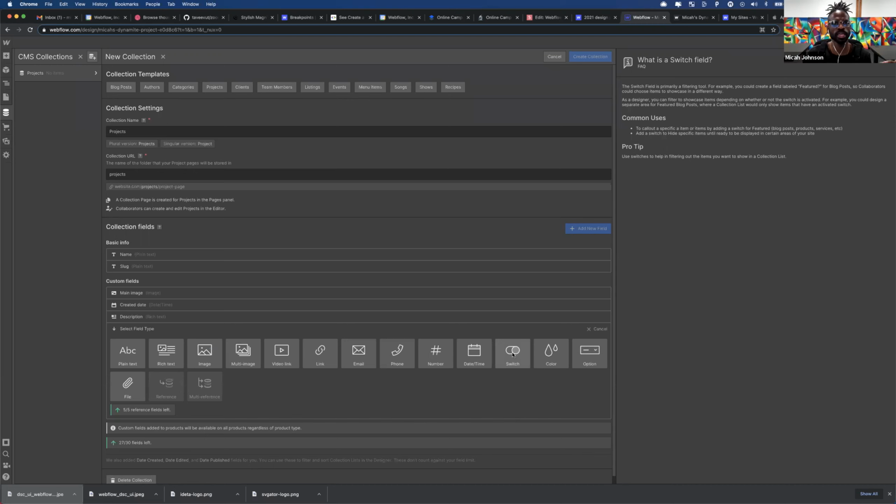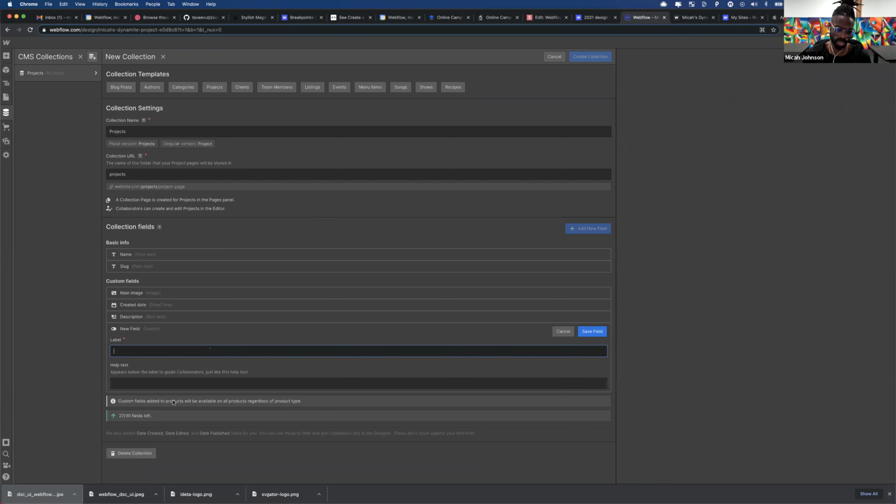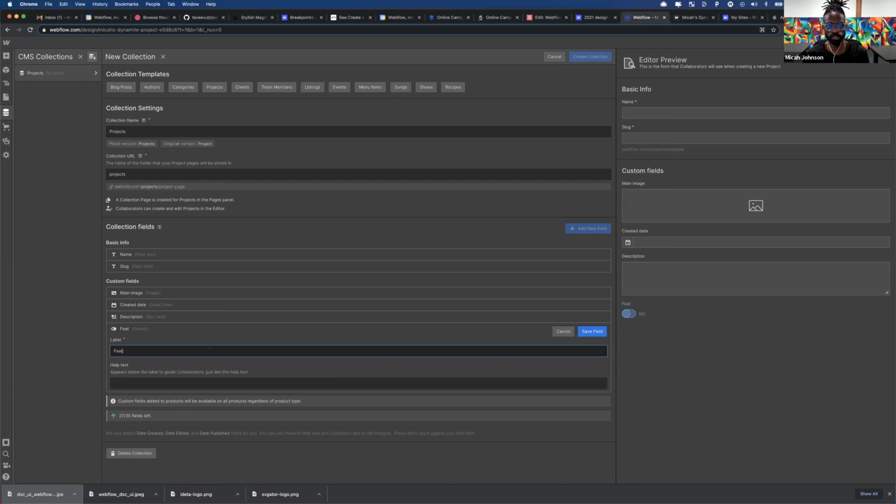And this switch is like a yes, no, if you're an end developer, or true or false. Meaning if the switch is toggled on, that's yes. If it's off, it's no. And so we can use this to filter out items in our collection. Now I'll show us more of that here in a bit. So let's add this switch and we'll name it featured, because that's what it's going to be